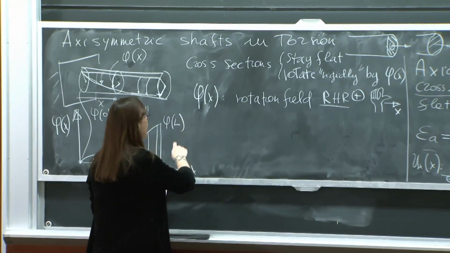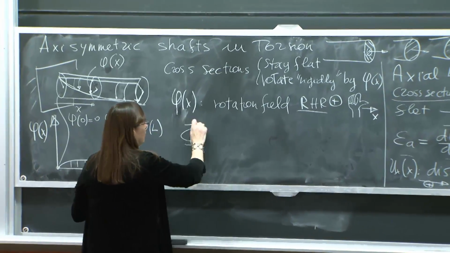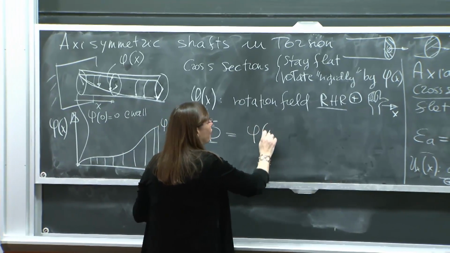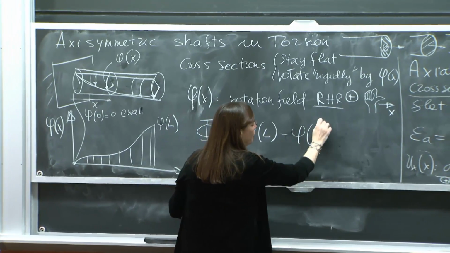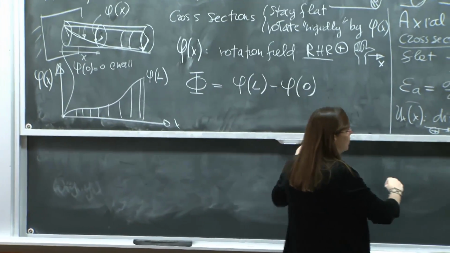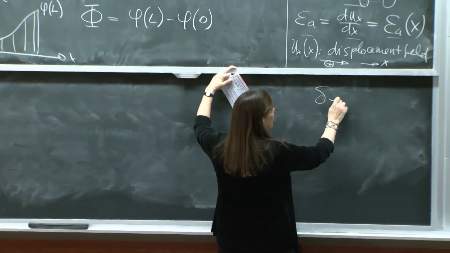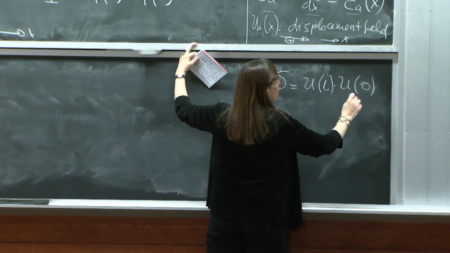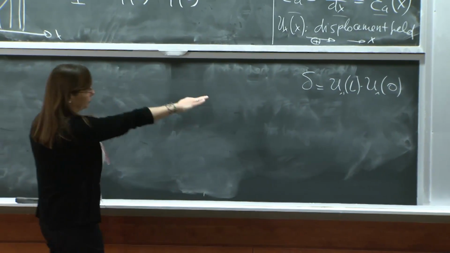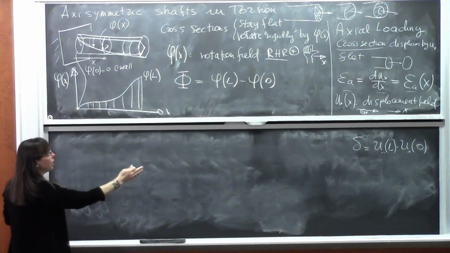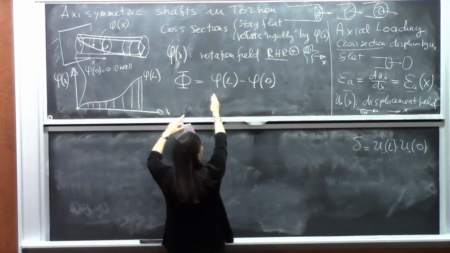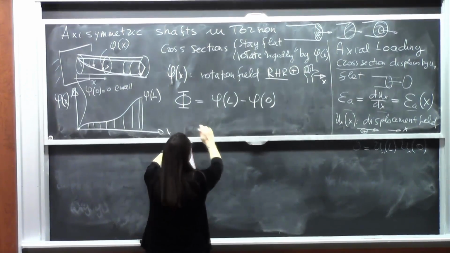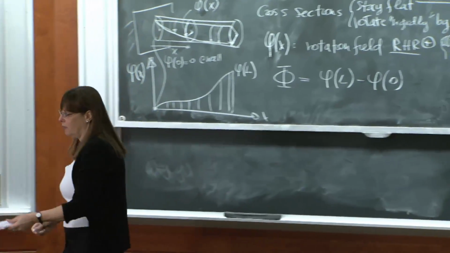And notice that my angle of twist, the big phi, I can obtain it as phi of L minus phi of 0. This is the same thing that I was doing in axial loading when I was saying delta is equal to u of L minus u of 0, right? Same thing. The same thing that I was doing in axial loading, getting the elongation from u of x. In torsion, I can get the angle of twist as phi of L minus phi of 0, because if I know,